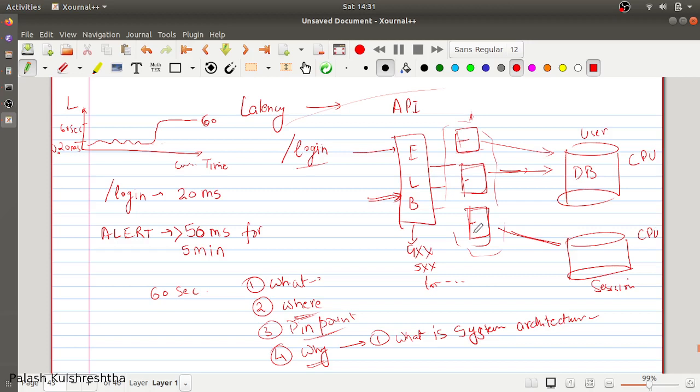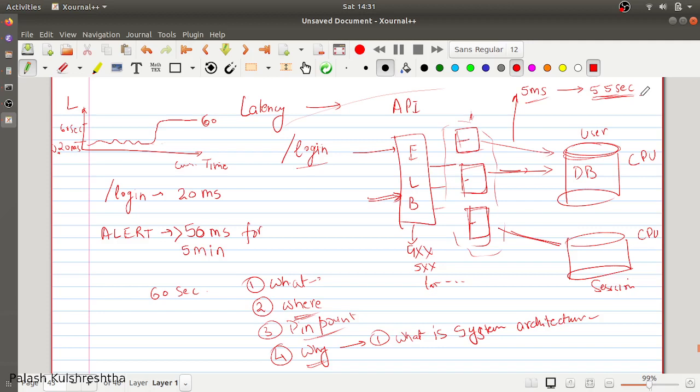Then we can check what the query latency is. For example, if you are monitoring your query latencies also, let's say earlier your query latencies were 5 milliseconds. Now they have shot up to, let's take, 55 seconds. Now you have an idea of what has happened. We now know that queries are taking much more time than usual.